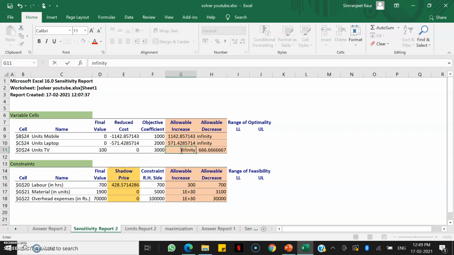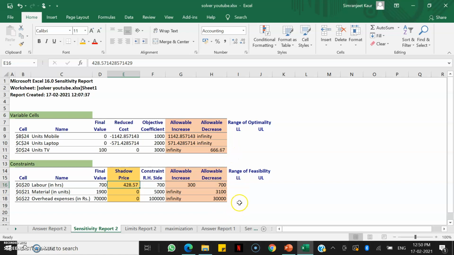So I'll change the variables here. I'll just write all of them as infinity. This we can get up to 2 decimal places, right? Anything else, this also we can change. Yeah, so now we can move ahead.